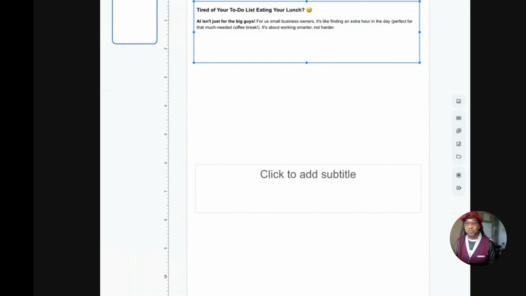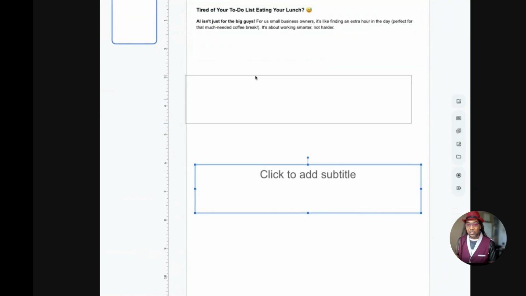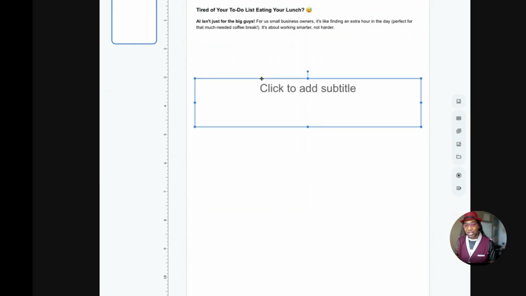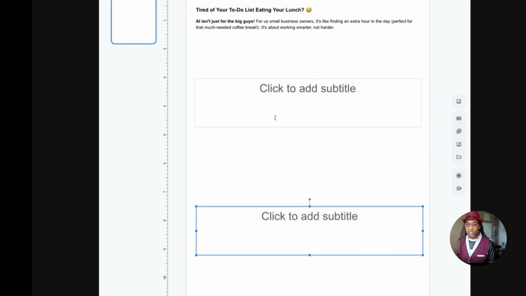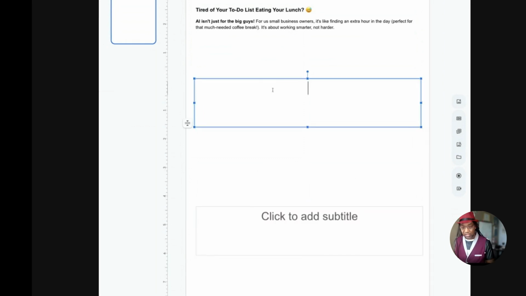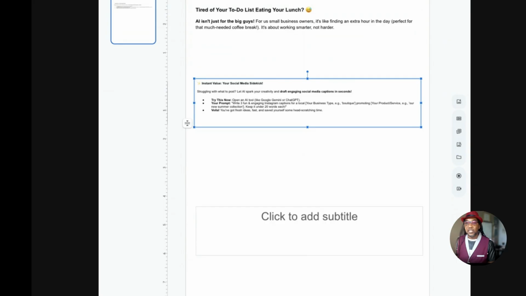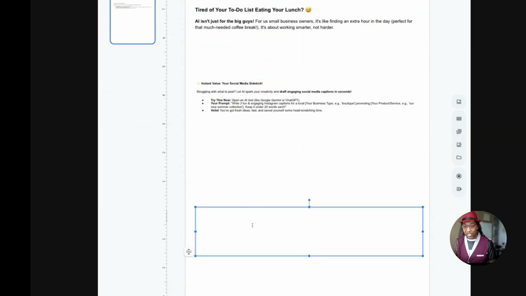But before I do that, if you're new to using Google Slides, right now I've highlighted this. I'm going to hit Control or Command D to duplicate it. So I have two. And put that one on the bottom for the call to action. Paste the value in there, and then going back over and grabbing the call to action. And this part now is the fun part. So I'm going to do some formatting.